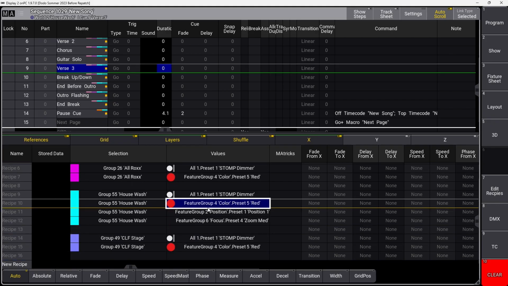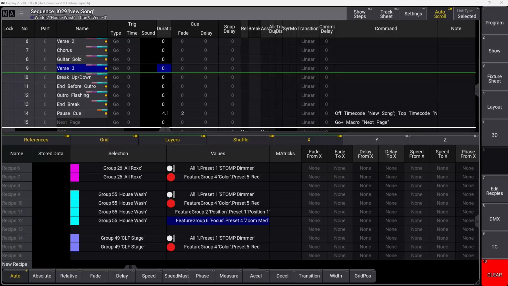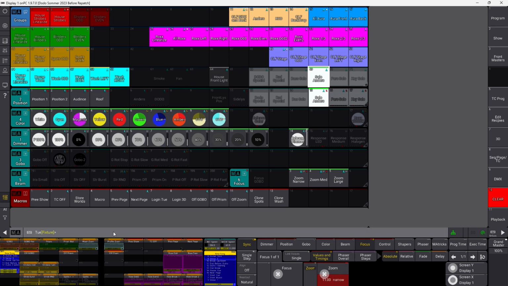We put it into red, we put it into position number 1, and we take some of the zoom information out. If you remember last time, we put zoom information into those fixtures. So we could basically just do that again. We take them here and we go into our focus here and we zoom them all the way in. They should be zoomed in now. And we could store that